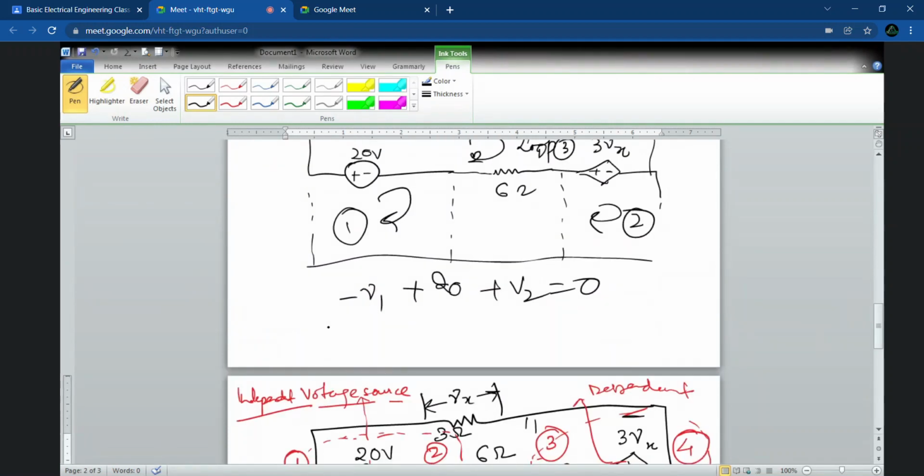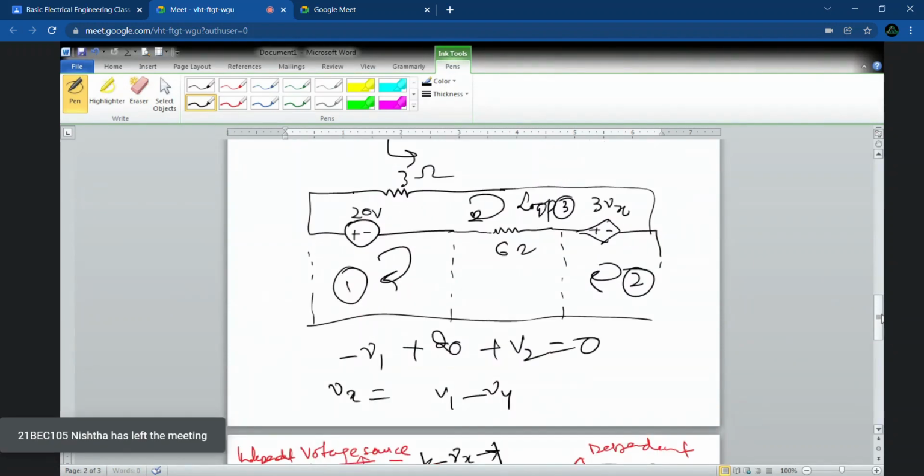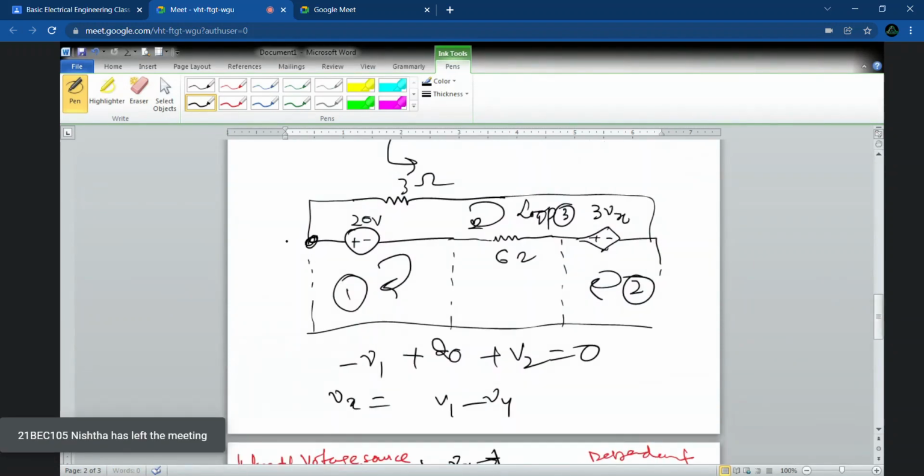So we need to mention that Vx also. Vx is equal to, है कि नहीं, V1 minus V4. यही है ना आपका? This was your V1. Yes, ma'am. This is your V4. So we can mention that V1 minus higher potential पे, ये lower पे, तो we can write V1 minus V4. Is it clear? Yes, ma'am.